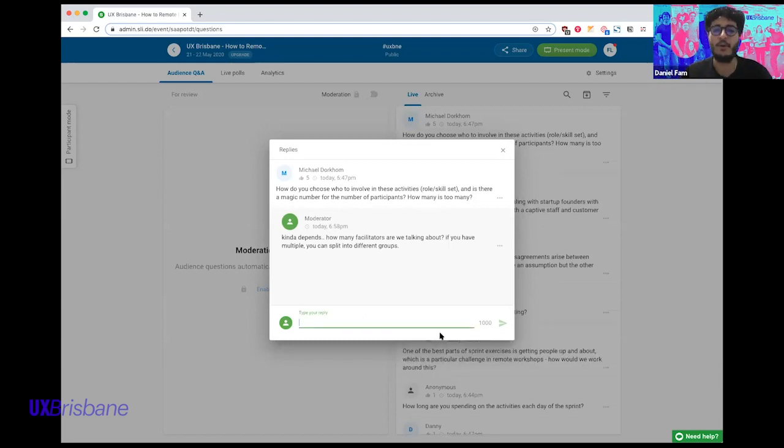For example, you're asking about the skill sets. Ideally, you want someone who knows the users really well in there, or even a user if possible. You want devs in there, a business analyst, and a product owner, if there is one at this stage. You also want someone with a lot of domain expertise in that area.